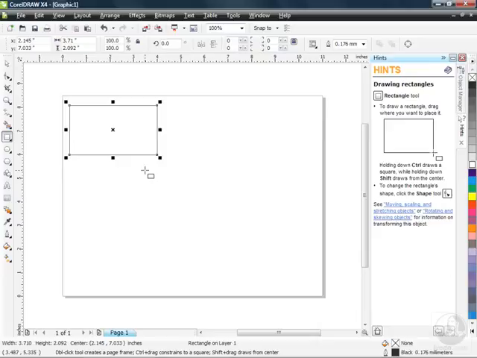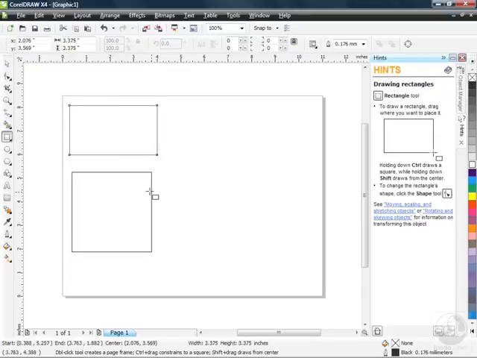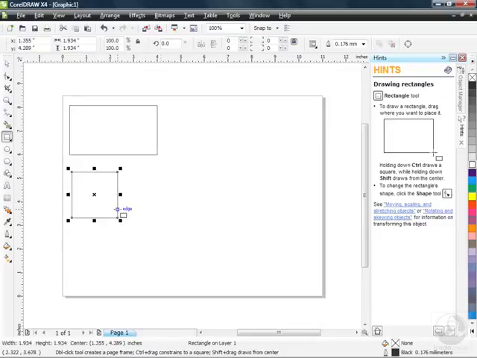If I want a perfect square, remember down at the bottom we have that hint. Hold down your Control key, click and drag across and down. Now you're getting a perfect square. It won't let you draw anything but a perfect square no matter where you move your mouse pointer. But as you click and drag out and down, once you've got the size you're looking for, let go of the mouse first and then your Control key and you'll have a perfect square. Very nice. Now, like I said before, if you wanted to fill the page in the background with a rectangle,